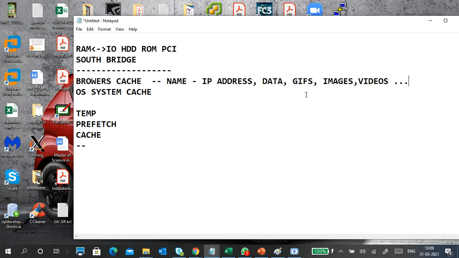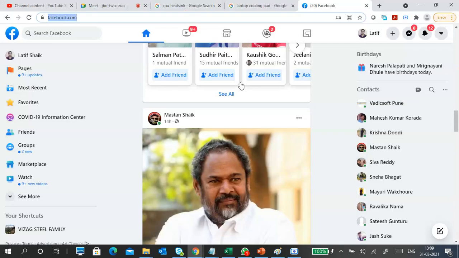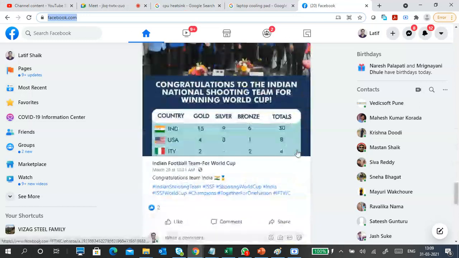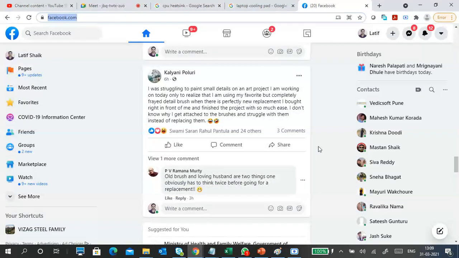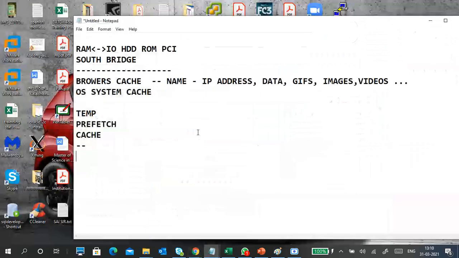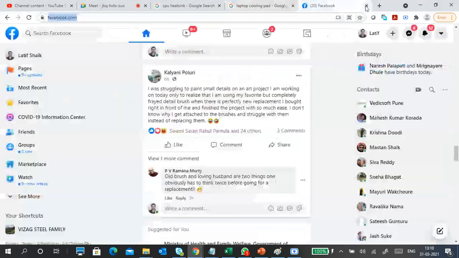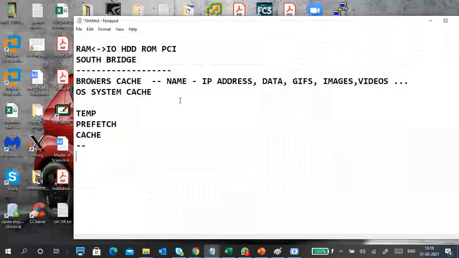So what are the things in this one? First, your facebook.com and its IP address. Okay, and then your data, what the website is showing here. Okay, so what it is showing here, it will fetch entirely and store in the browser only. Normally if it is heavy, it will clear up when you close the window. Okay, when you close this one, automatically the relevant things will be gone. Usually sometimes it will also store in your browser. So these are two things.